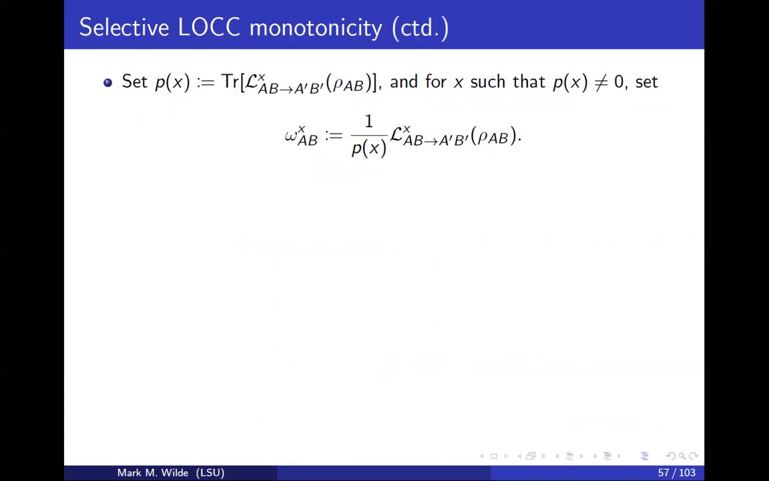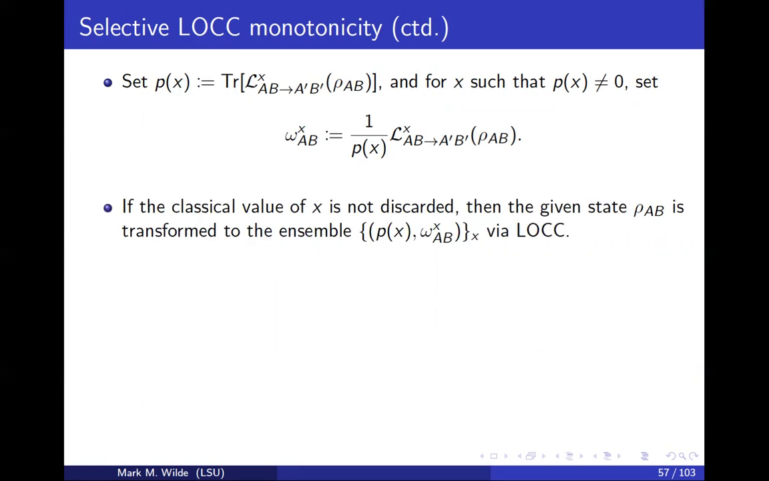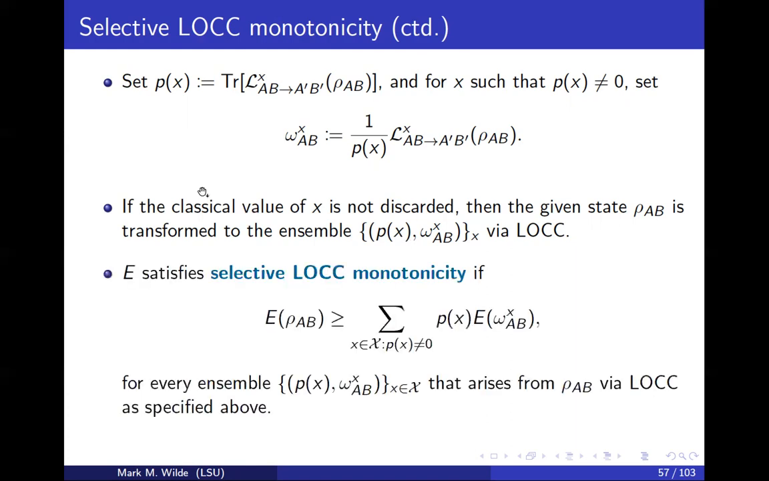So selective LOCC monotonicity is saying that let's take each of these maps and act on an initial state with them. And this will be the probability of like getting a certain outcome from a measurement, okay? And the post-measurement state will be this omega x. So what this procedure does is it transforms the original state to this ensemble where you have the state omega x with probability px. Okay. And it satisfies the selective LOCC monotonicity if this inequality holds. And what it's saying is that entanglement does not increase on average,